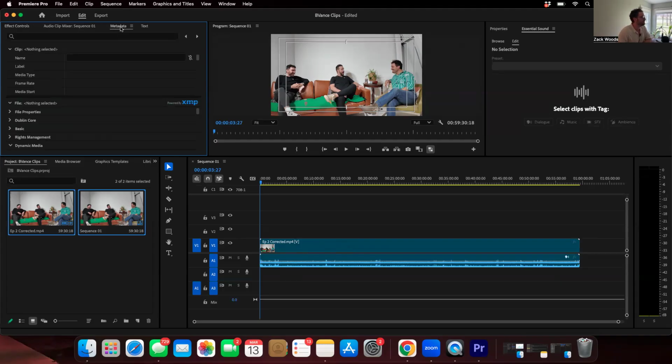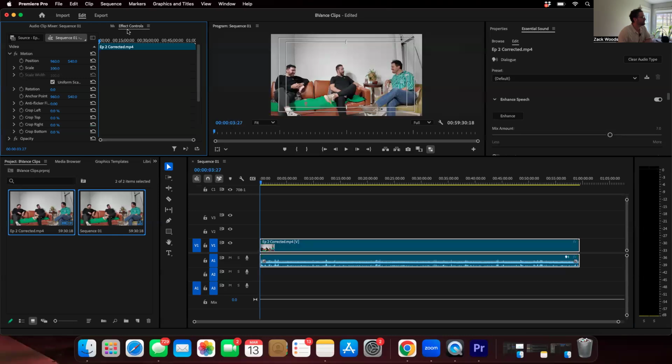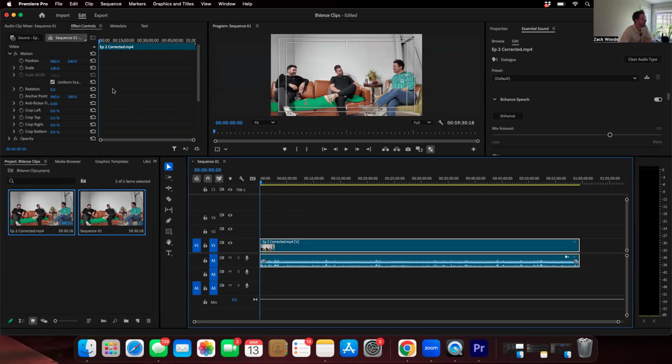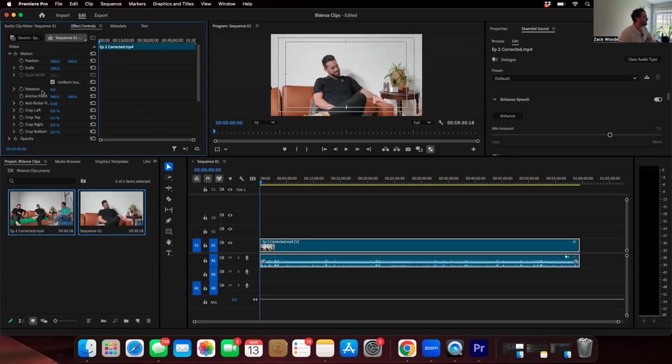And we can go to, let me click on the clip, right? Metadata, effect controls, right? Effect controls is what I'm looking for. So what we could do is literally, from here, go to effect controls, and we want to scale this right on Brian, right? So let's go 300, 200, right? 200 is better.